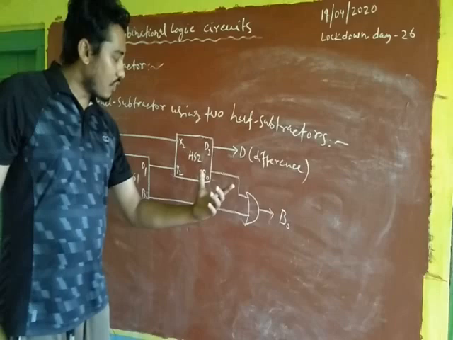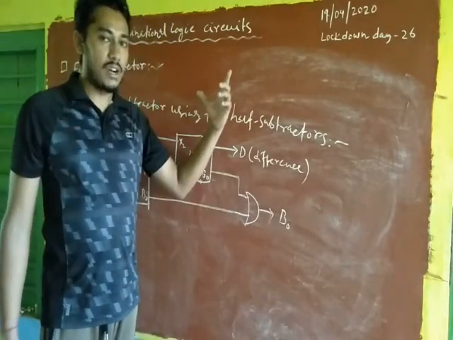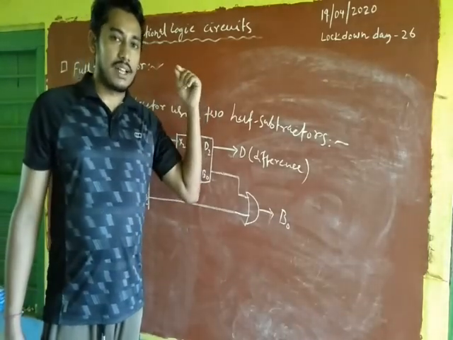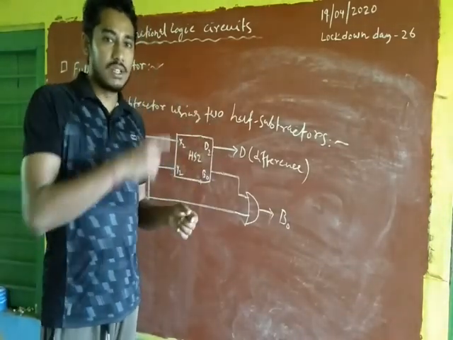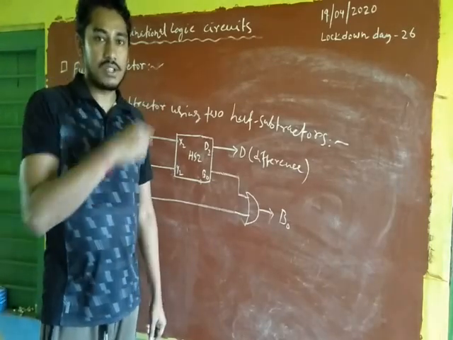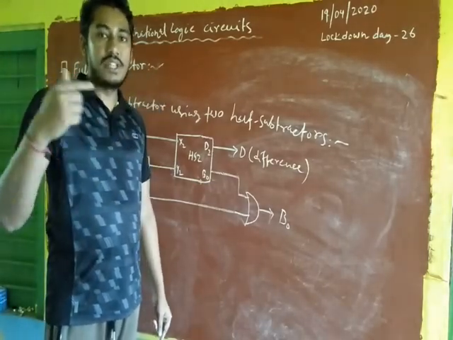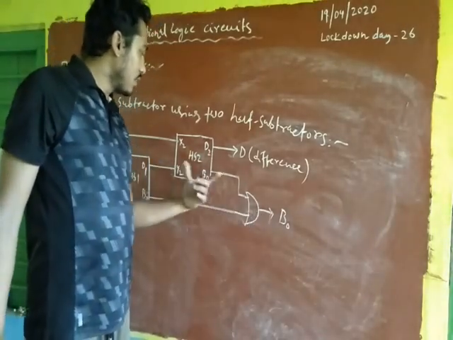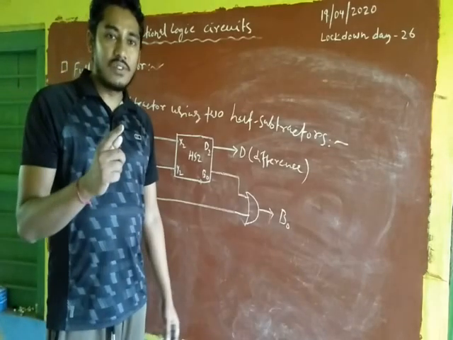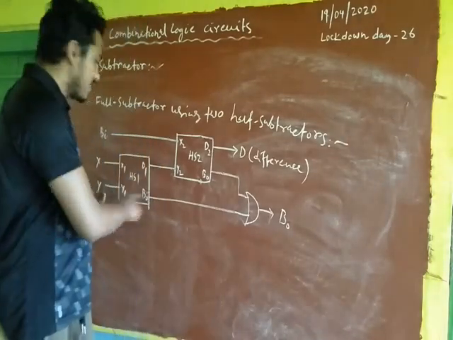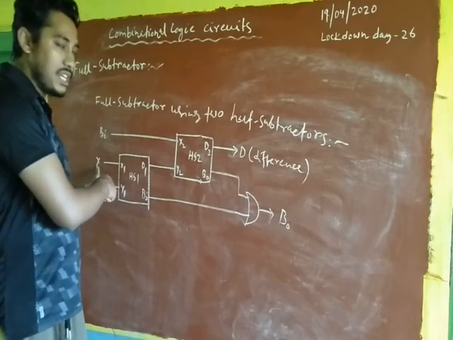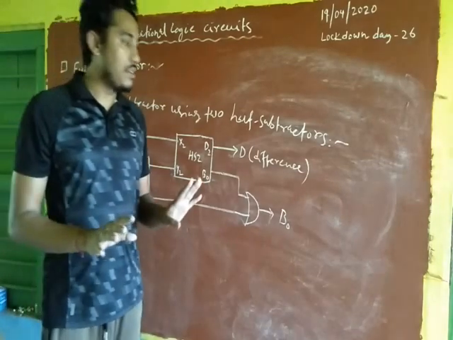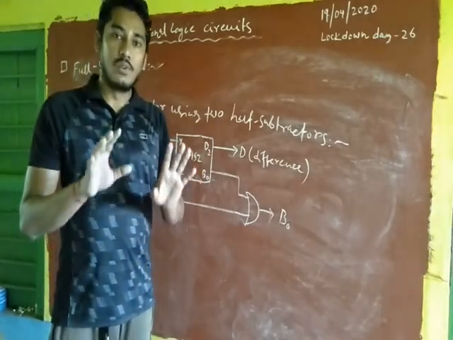Okay, now for the borrow output and the carry output in the case of the full adder. You remember the expression for the carry output of the full adder. So this was for the inputs A, B and Ci. So for A, B and Ci it was AB, B Ci and Ci A. But in the case of the borrow output of the full subtractor, only one input is complemented. That is the X input, which we have represented in complemented form. Other things are the same. So this is the similarity between the full adder and full subtractor.